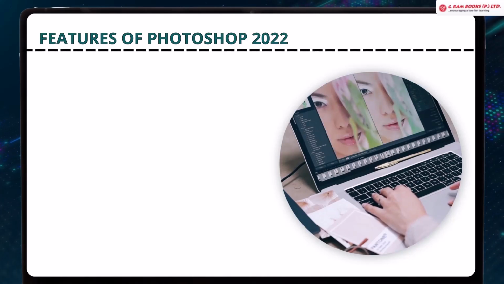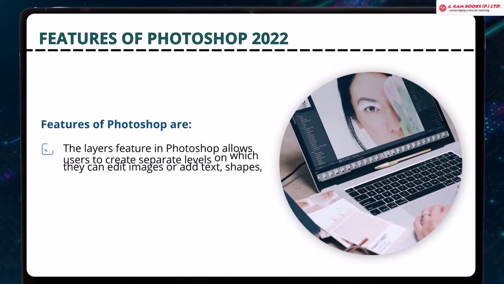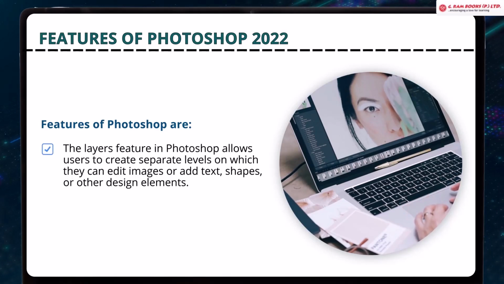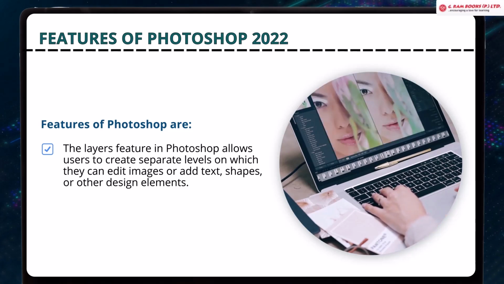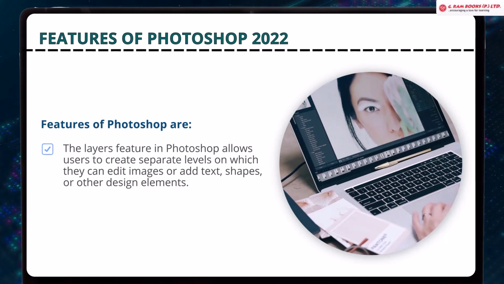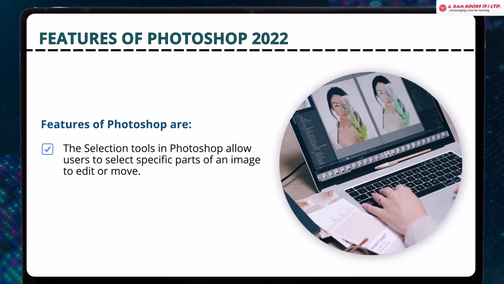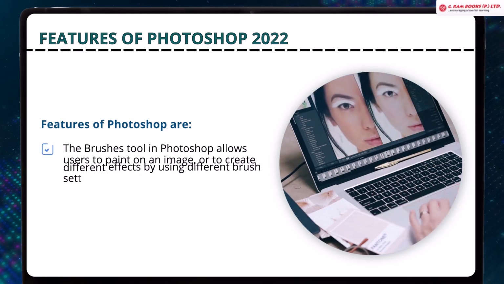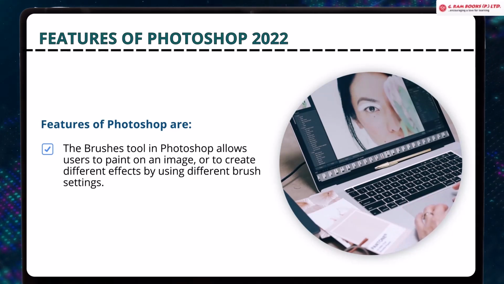Features of Photoshop 2022. Features of Photoshop are: 1. The Layers feature in Photoshop allows users to create separate levels on which they can edit images or add text, shapes, or other design elements. 2. The selection tools in Photoshop allow users to select specific parts of an image to edit or move. 3. The Brushes tool in Photoshop allows users to paint on an image or to create different effects by using